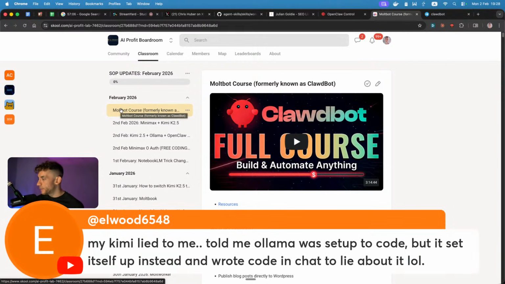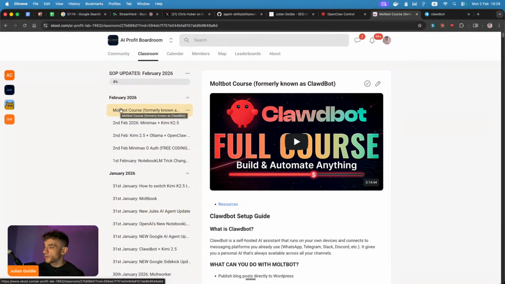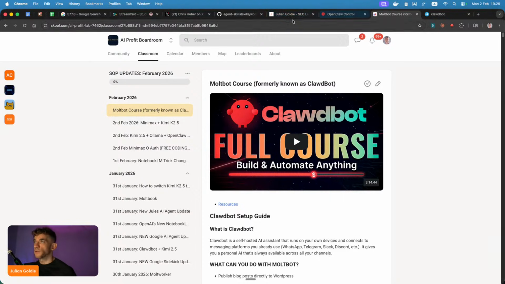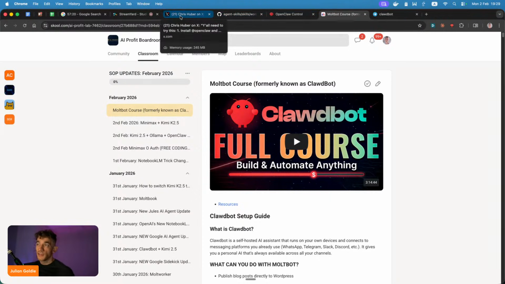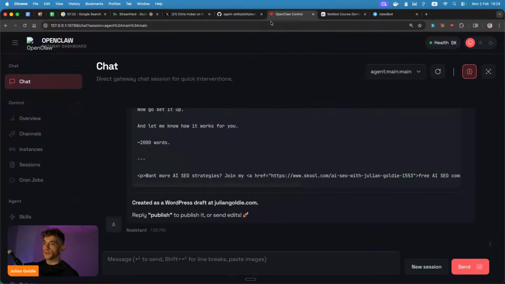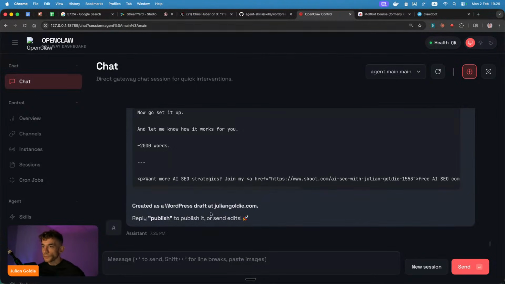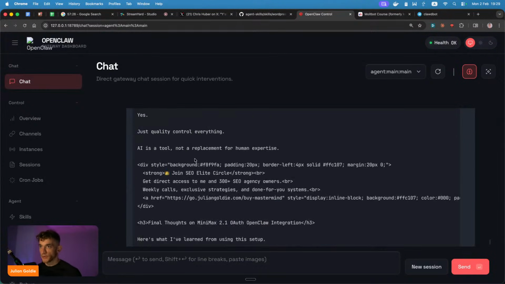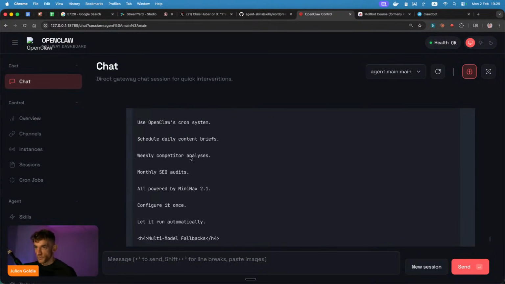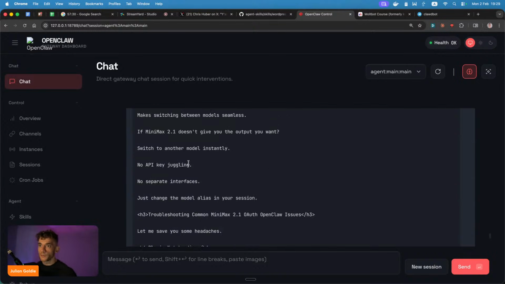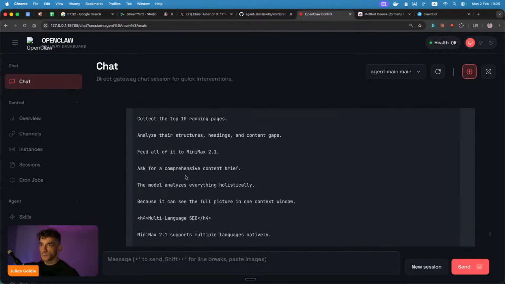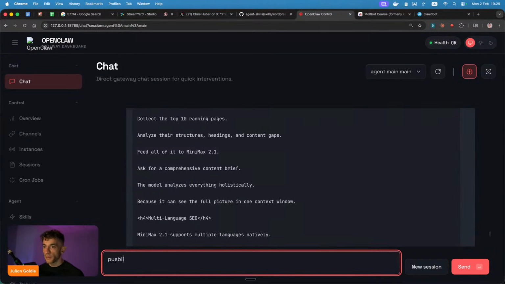Elwood says, my Kimi lied to me, told me Llama was set up to code, but it set itself up instead. Wrote code in chat to lie about it. Yeah, these AI models like Kimi K2.5, like I mentioned, they're not as good as something like Opus 4.5. And even Opus 4.5 still gets things wrong. So we've created this as a blog post, like you can see, using the WordPress CLI skill, which is pretty nice. And then if I hit publish like this,